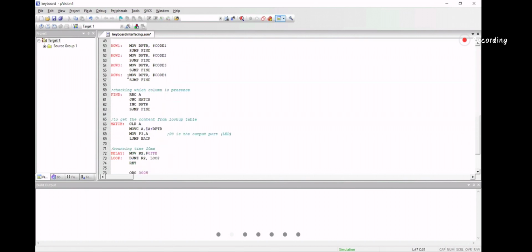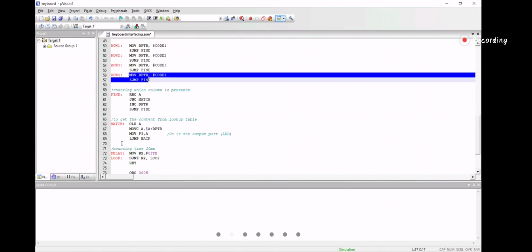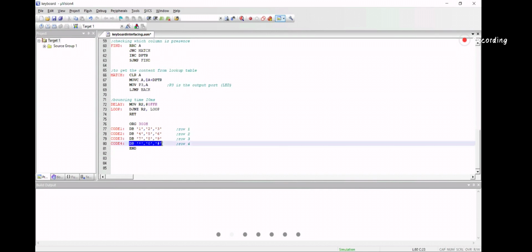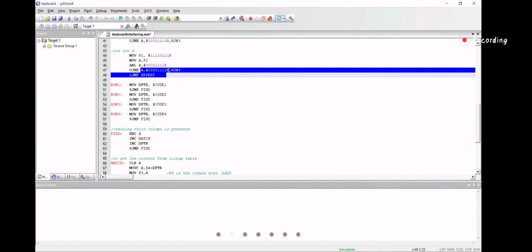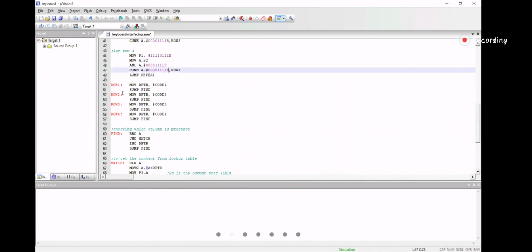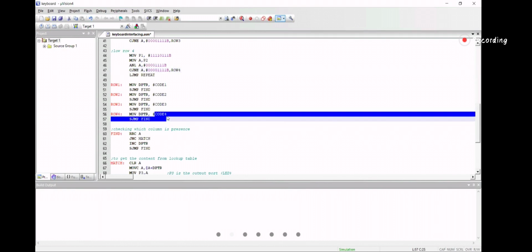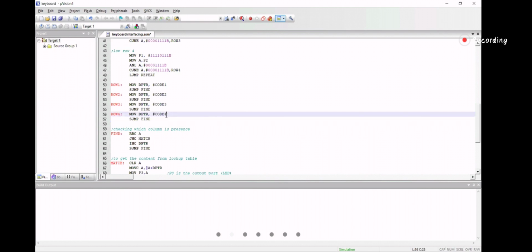Row 4. Again, it will go to code 4. So that means something has been pressed from this row. How will you know? Because it has changed in this value. It has been changed. Code 4 is already mentioned in the lookup table.